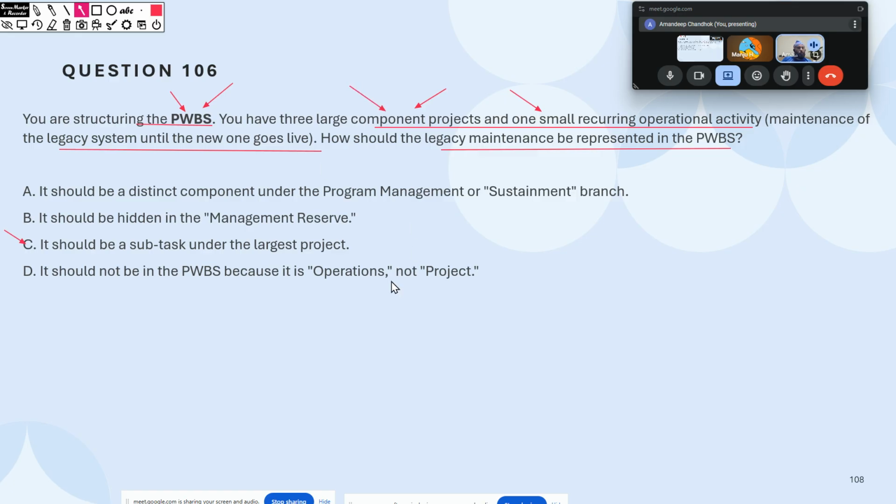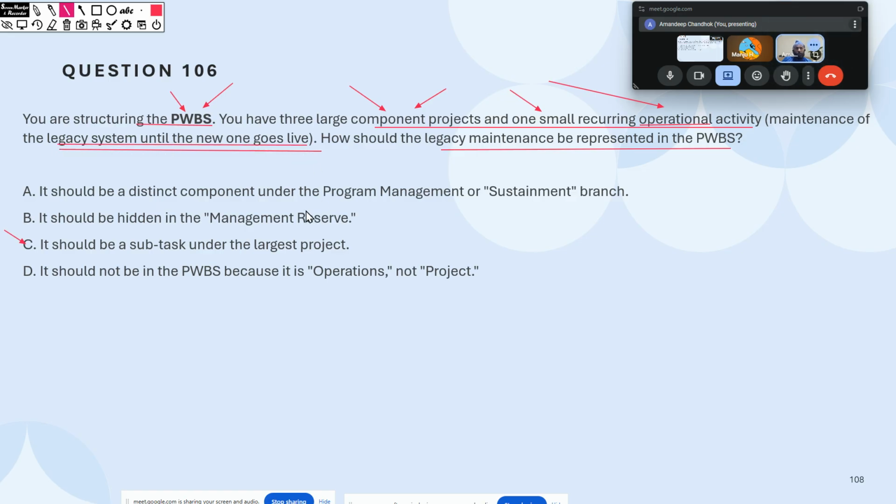Components would include projects and sub-programs, but one thing we forget is any kind of other supporting activity. The question is confusing you with operational activity, and further it says the maintenance of the legacy system until the new one goes live.